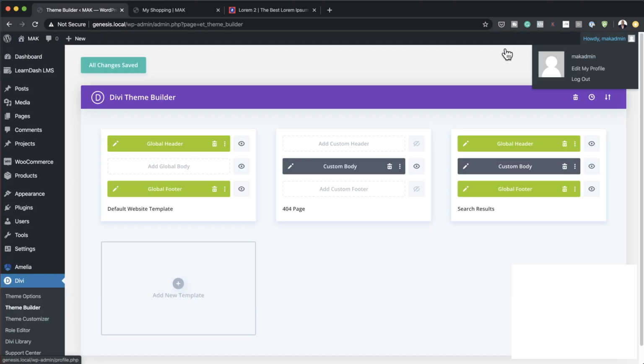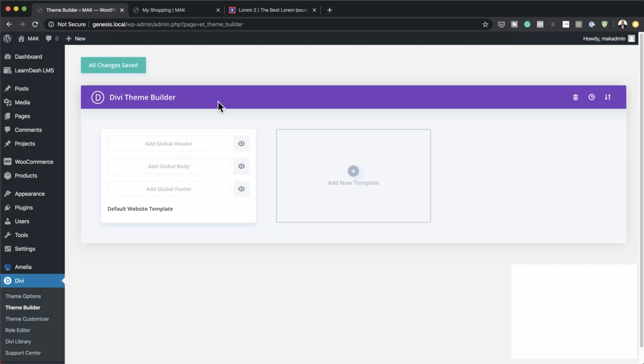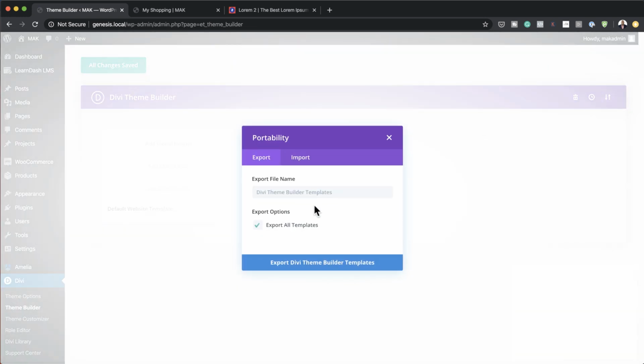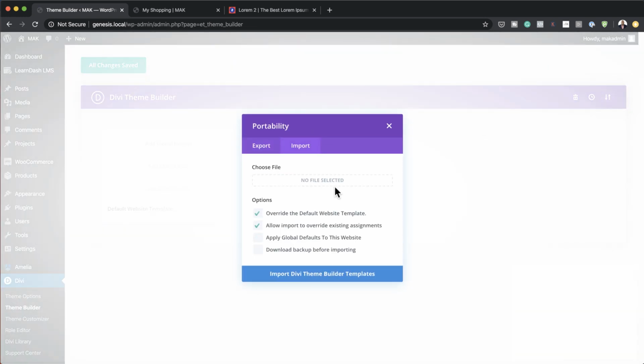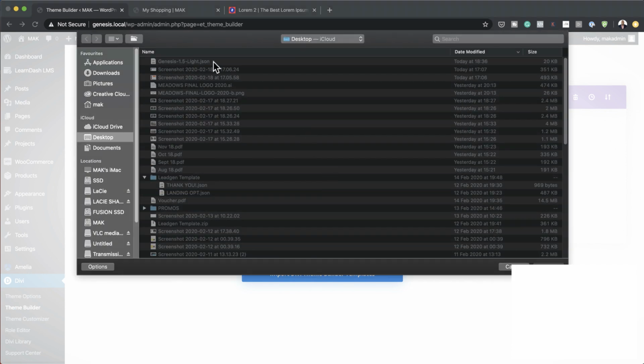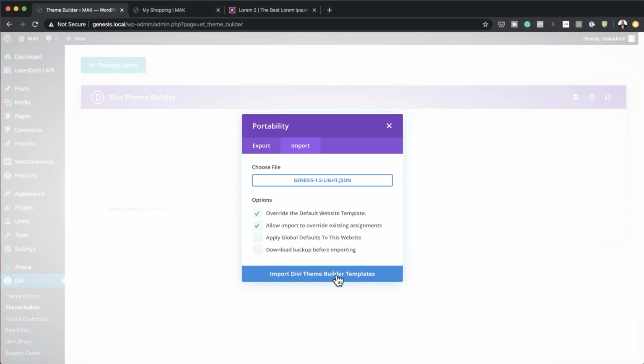Right, so I'm just going to close this and let's refresh this. In your case, if you haven't added any headers and footers, this is what you're going to get. To add our footer, after you've bought it, you can just click here and then click on import. Here you can see it says override default template. All I have to do now is click here to select the file. Mine is on the desktop. Click open, import